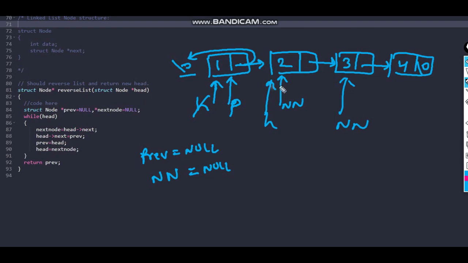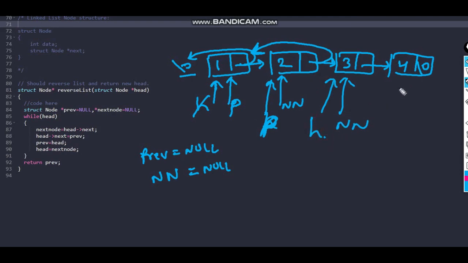Head's next will be previous, previous is 1, so 2 will point to this position. I hope you are getting my point. Now previous will point to head, so here previous will be here now, and head will point to next node, and head will be here now.